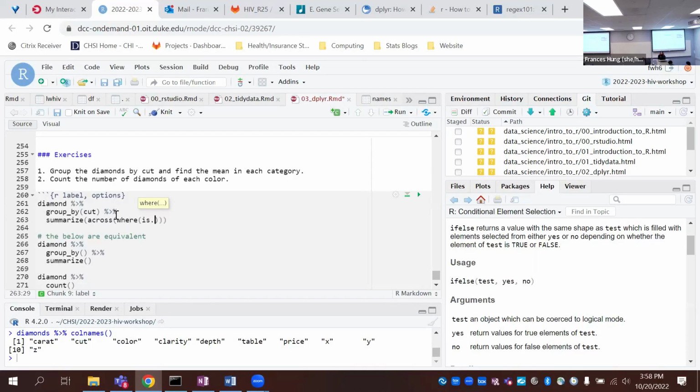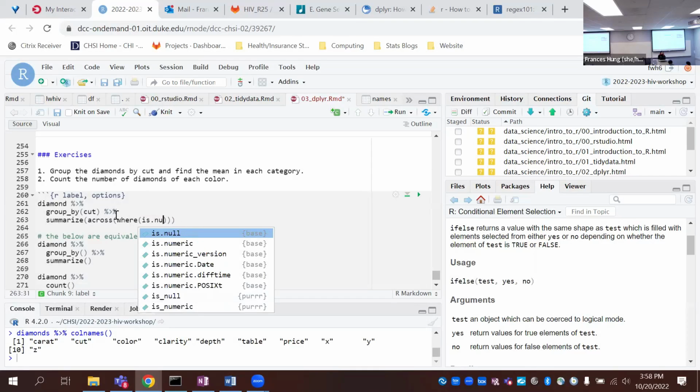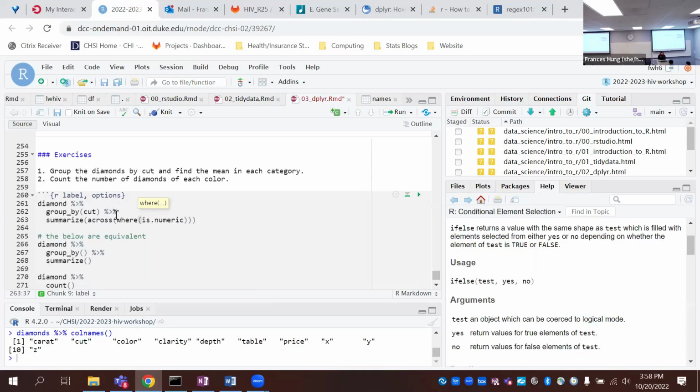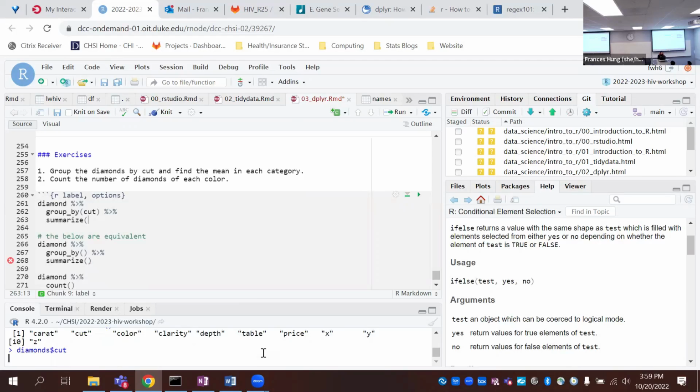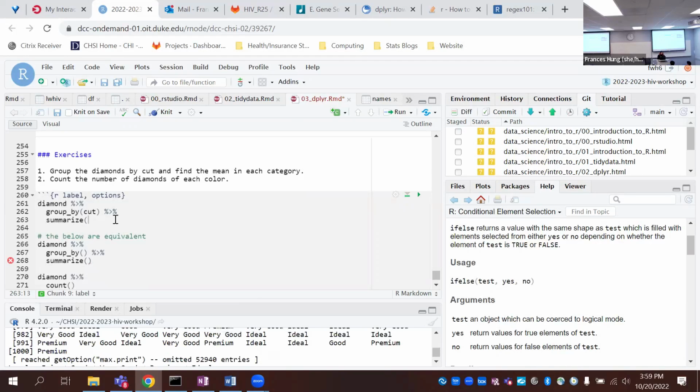Okay, so let's go over the answers really quickly. First, you want to group the diamonds by cut and find the mean in each category. So first what we want to do is group by cut, which we can do using the group by command. Then it says find the mean in each category, and means only apply to numeric variables.